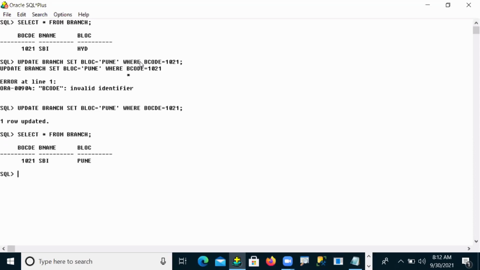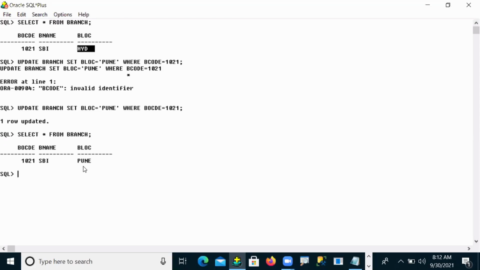But tell me, this Pune, whatever it was showing me, is this a permanent updation or temporarily showing? Temporarily. Temporarily means Pune is under instance memory, and your Hyderabad is there under database memory.